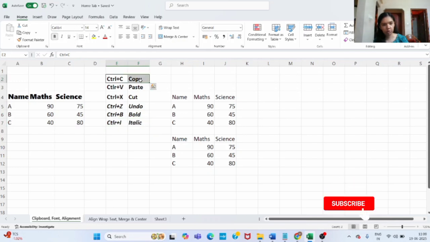And then we have the underline option also. So suppose you want to underline, just click here. You will get a single underline, and for double underline also there is one option. Just select this and click here, double underline.